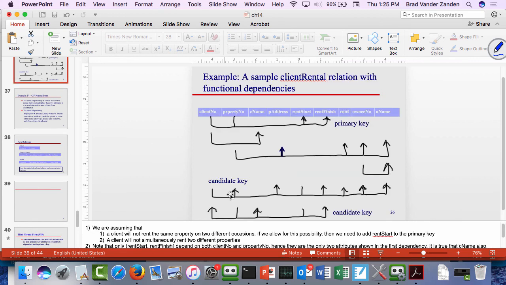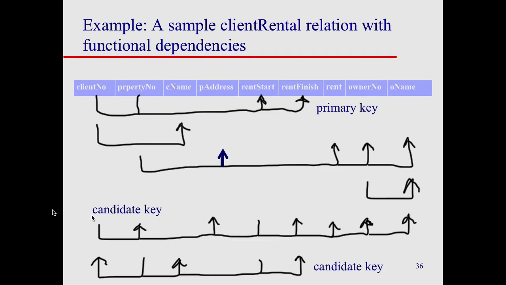Because I was wrong. How was I wrong? Why is it really not in second normal form if I choose client number and rent start to be the... Very good. So I wasn't right. There were 2. I was thinking there was only 1 attribute in that key, but there was 2, client number and rent start. So in fact, this wasn't in second normal form because I had this relation client number determines